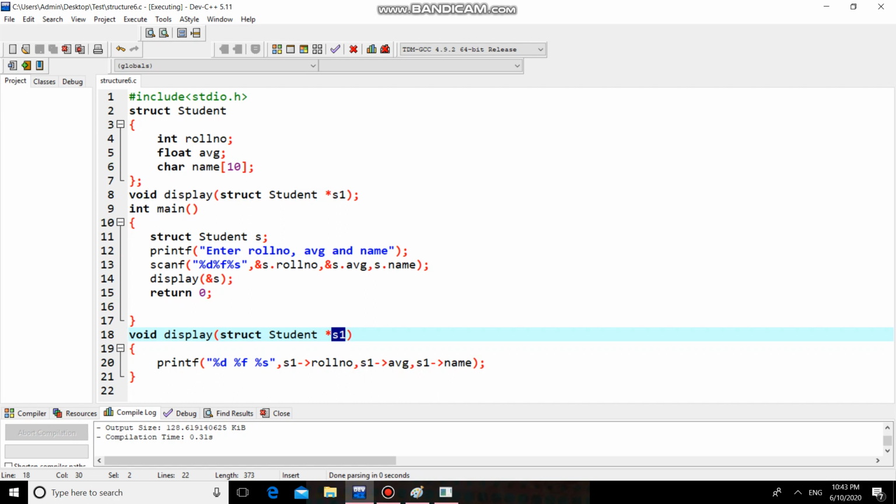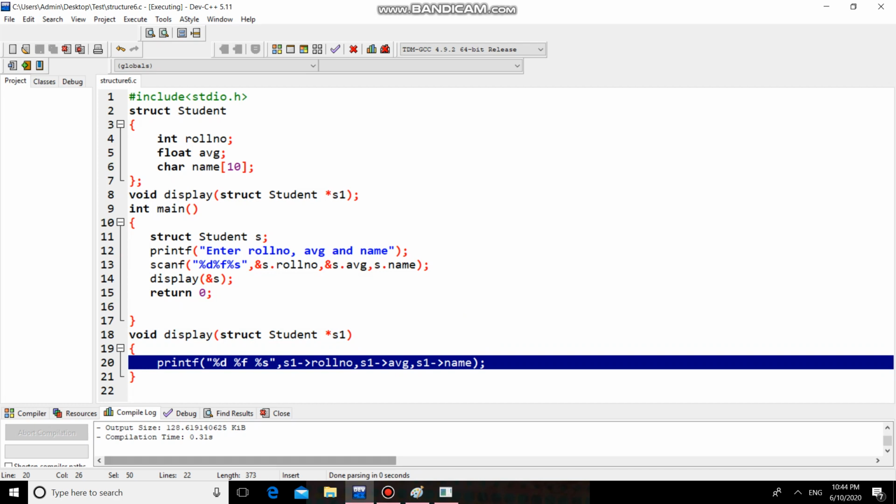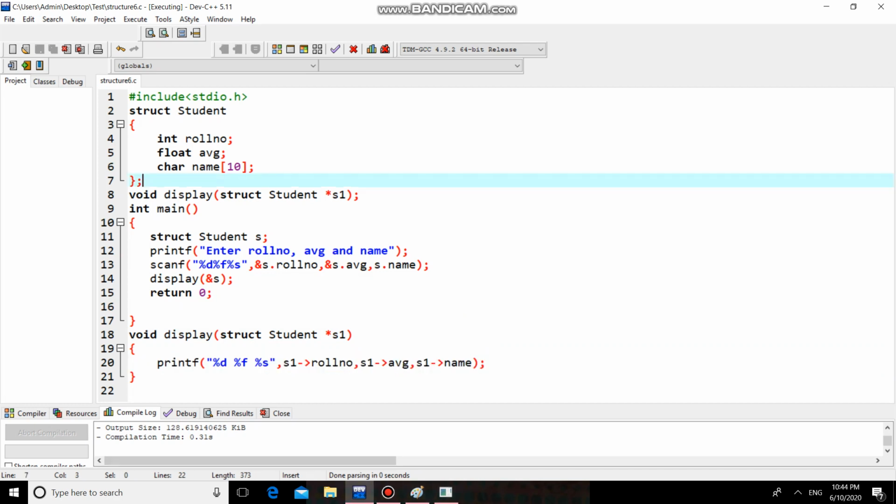As we are passing the address, your formal parameter should be a pointer, and the type of ys and the type of ys1 should match. That's why there is struct student. And while accessing the value of a structure member with the help of a structure pointer, you should use this arrow operator. So this is the program. Okay, thank you.